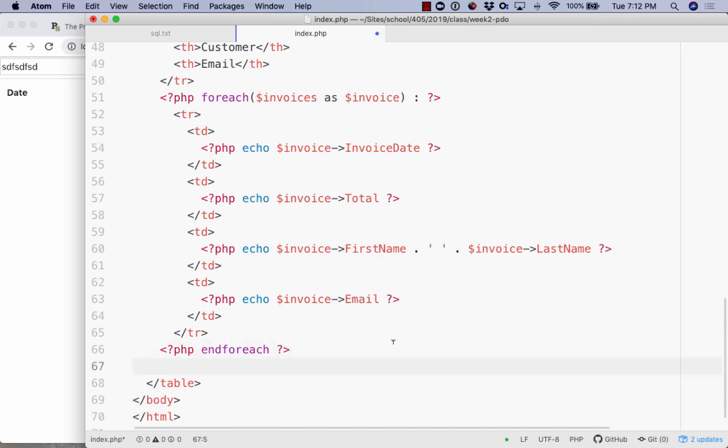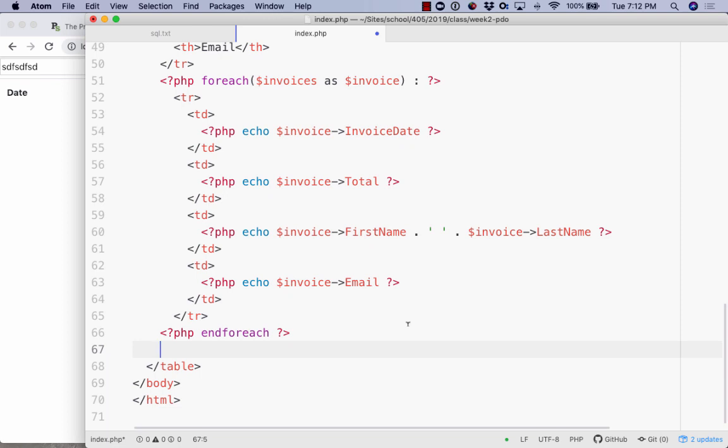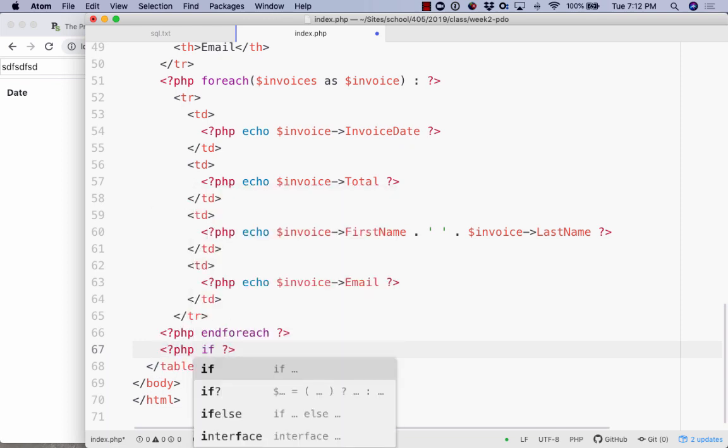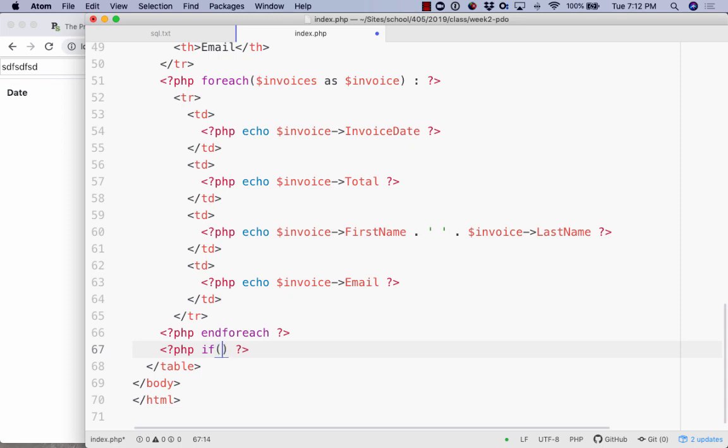So after the foreach, I'm going to say if the count of invoices is equal to 0, and this is going to work like the foreach statement where